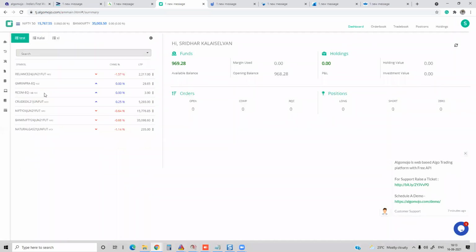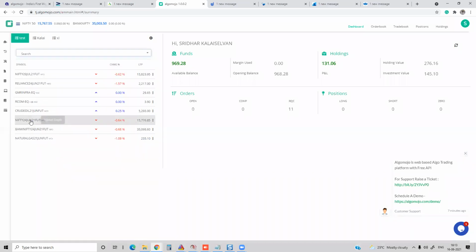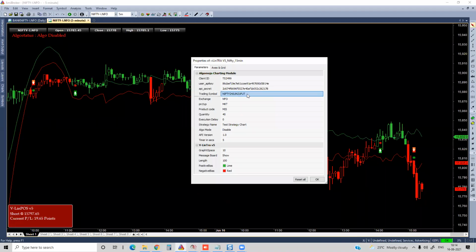From the dashboard, there is a search option over here. You can just simply search Nifty futures. So here is a Nifty future. Here is a Nifty July future. If it is June future, I'm already enabled over here. If you go to the link, you just click and copy the information. Of course, when you're copying, ensure that you're not copying any space. If there is a space, you may not get the orders, right? So here, I'm just copying the information and bringing it to the trading symbol without any space.